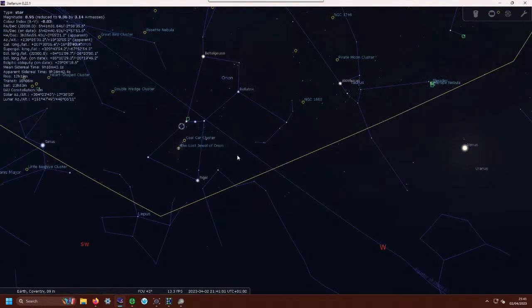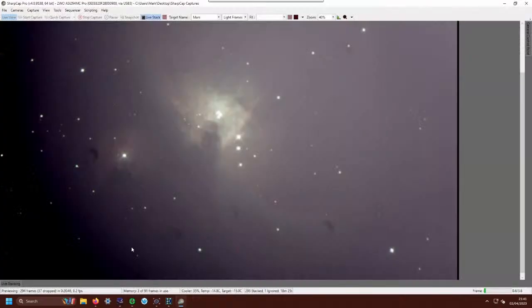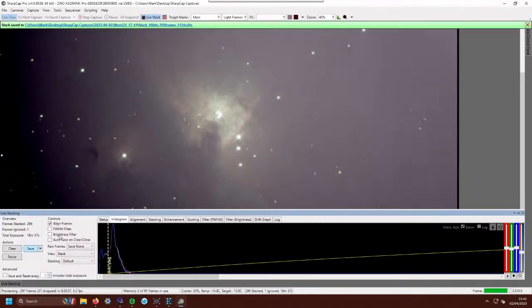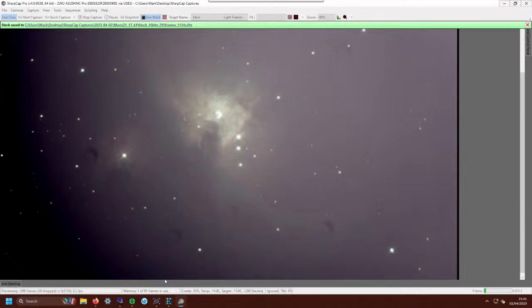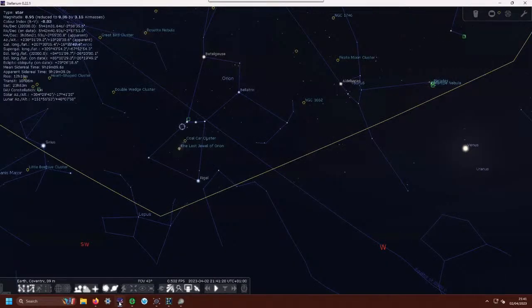Okay, right, we've got a couple of votes for the Horsehead Nebula, so let's go and see what we can find. So what I will do is I'll save that picture. Disconnect the camera. Let's go and see what we can see. Okay, so